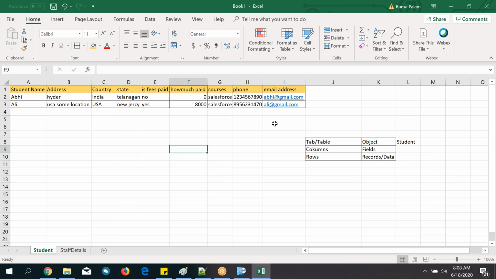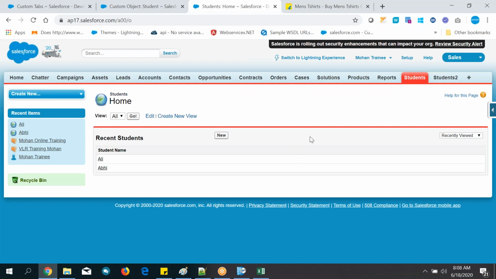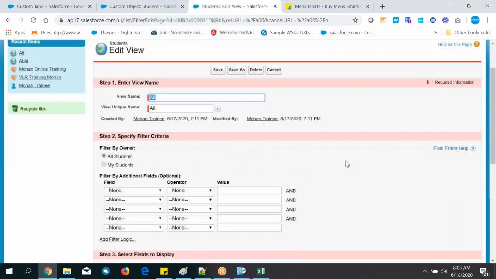Sir, can you please go to the Salesforce UI once? Yeah. So why are we unable to see the address column in this students tab? You need to configure it again. That is a separate topic, the list view topic. In that one, I will explain generally. Oh, okay. Understand? Yeah. Generally, like this we can do. That is a separate topic. That is the reason I'm not telling.